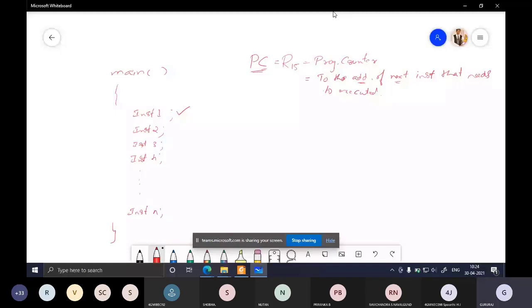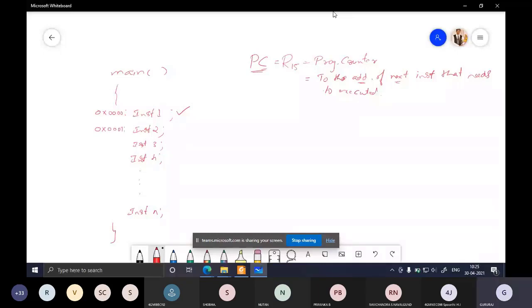It will always point to the next instruction that needs to be executed. Now the CPU is executing instruction number 1, so where should PC be pointing? It has to point to the second instruction.